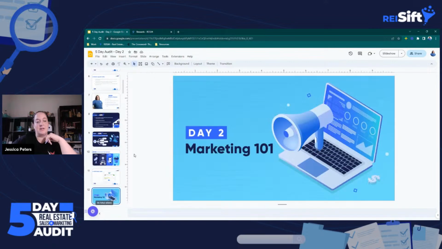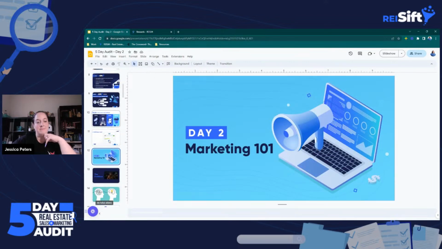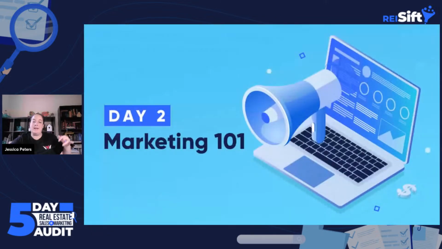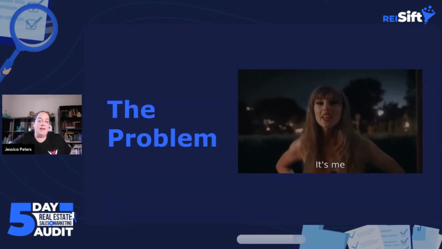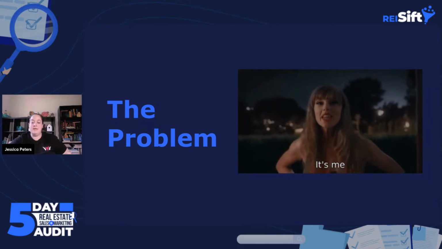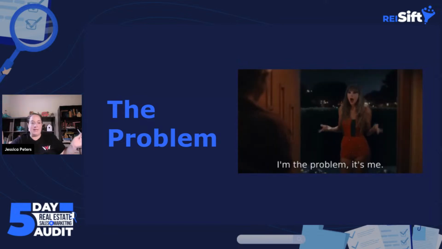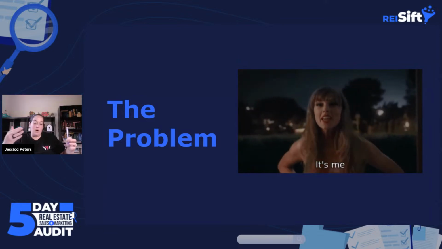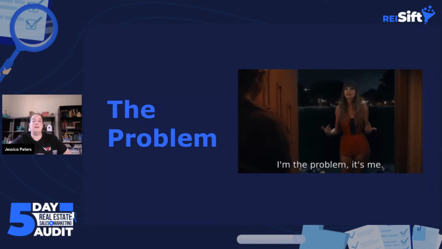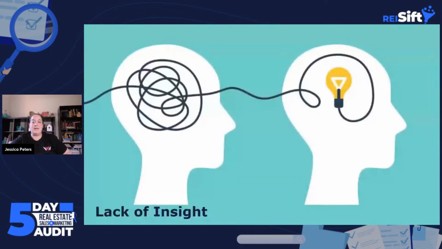All right, let's dig in and get started then. Let's get into the meat and potatoes here. So today we're talking about marketing. And yesterday when we were doing the 5-day audit, we really discovered that the problems we're having in our business, often people say, I need more leads, and they think that's the problem. And while that is the bigger picture problem, it really comes down to not having the insight in your data to know what you should be marketing to, or what you already have marketed to, what strategies you've used or haven't used.